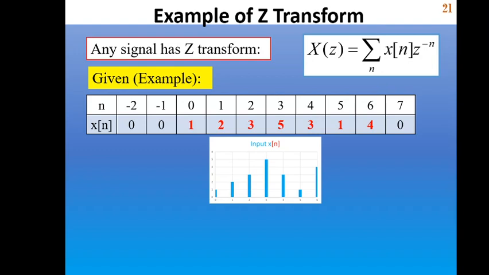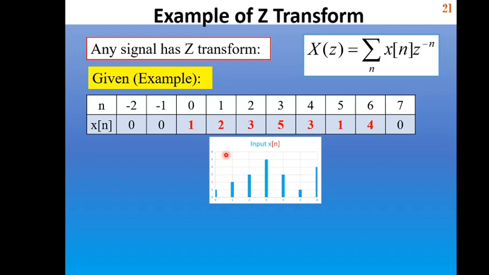Consider an example where the time domain input is composed of 7 discrete samples. Here the values in the first row are the sample numbers, and the values in the second row are the corresponding amplitudes of the signal. Since the system is an LTI system, any values of the signal before time instant 0 are also 0. This is the plot of the input samples.